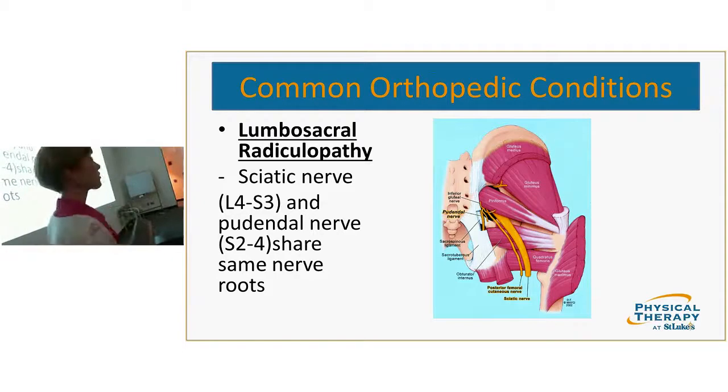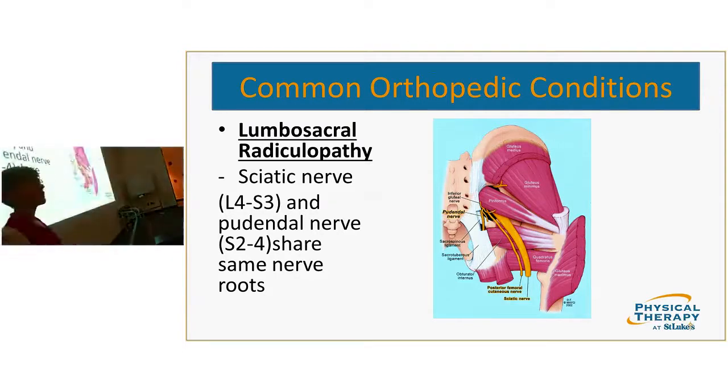So lumbosacral radiculopathy, this is one that many of us are seeing, a common diagnosis to come through the doors. You've got your patient who has some radicular symptoms going down, and we're fairly certain that it is coming from the nerve roots. You want to keep in mind, and I actually realize I haven't talked too much about